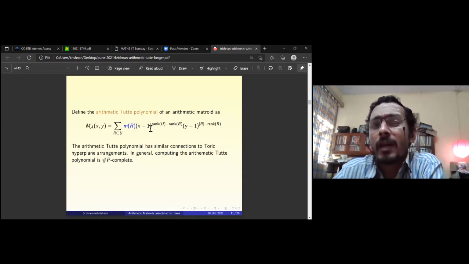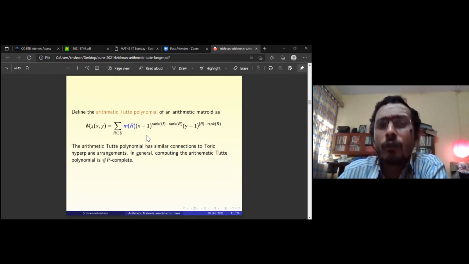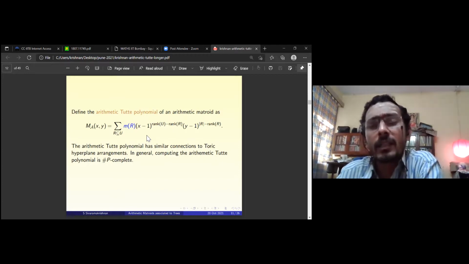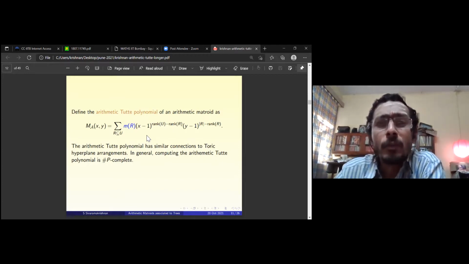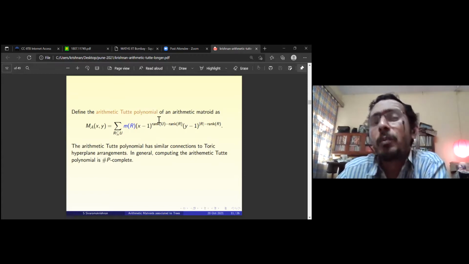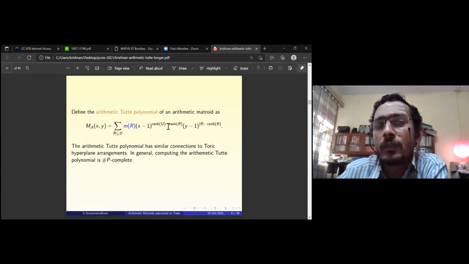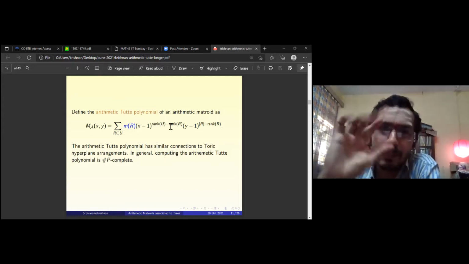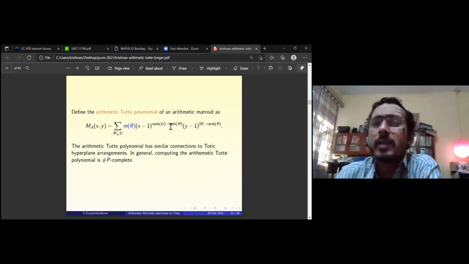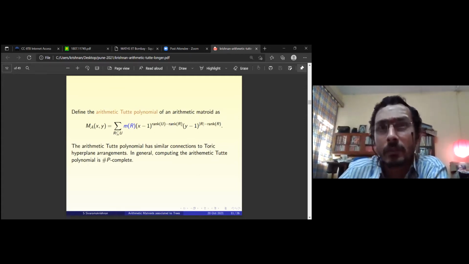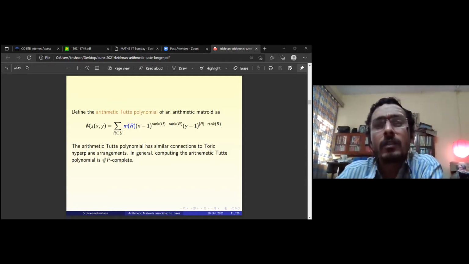Apart from that, I don't know what else is a good satisfactory answer. The exponents are good, as you're saying, and if you want, you can change it to x power something, y power something. That's okay. In general, if you put x equal to 1, y equal to 1, what do you get? That is where this matroid thing comes. You will usually get 0 power something. Only the exponents which contribute 0 matter; 0 power 0 is 1 by convention. Only those will contribute. That is the reason behind defining it to be (x minus 1) power something, (y minus 1) power something, in the context of chromatic polynomials. When you evaluate the Tutte polynomial, that is the only reason why this x minus 1 comes.